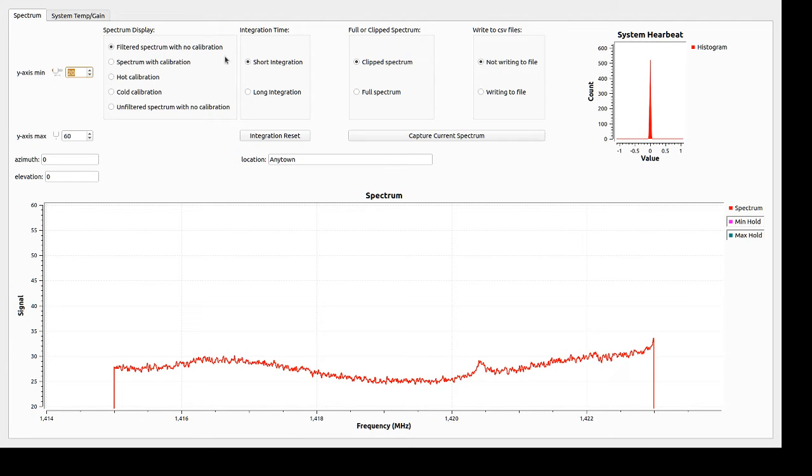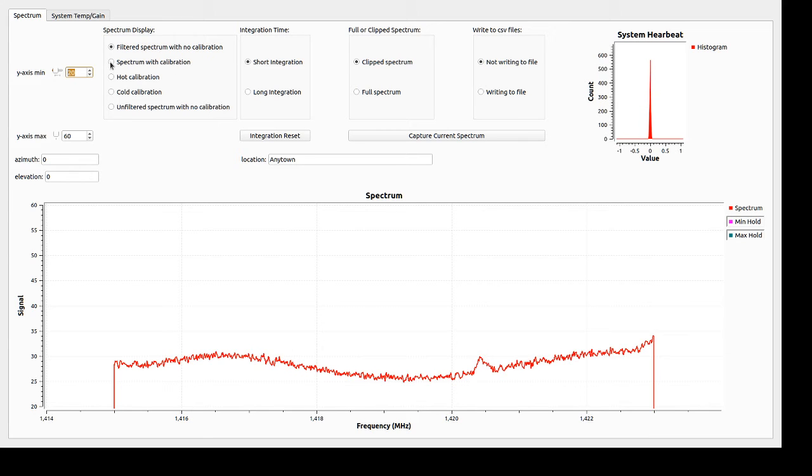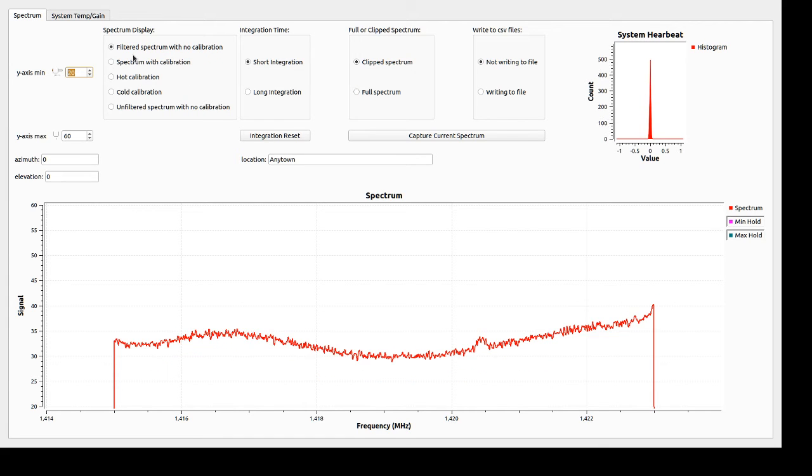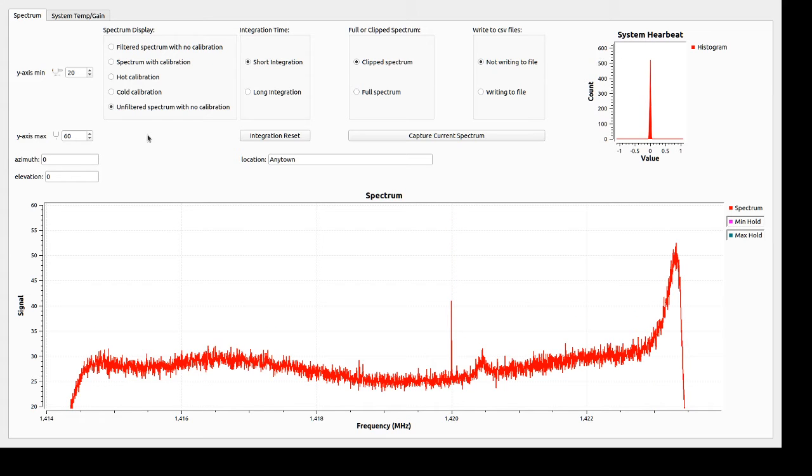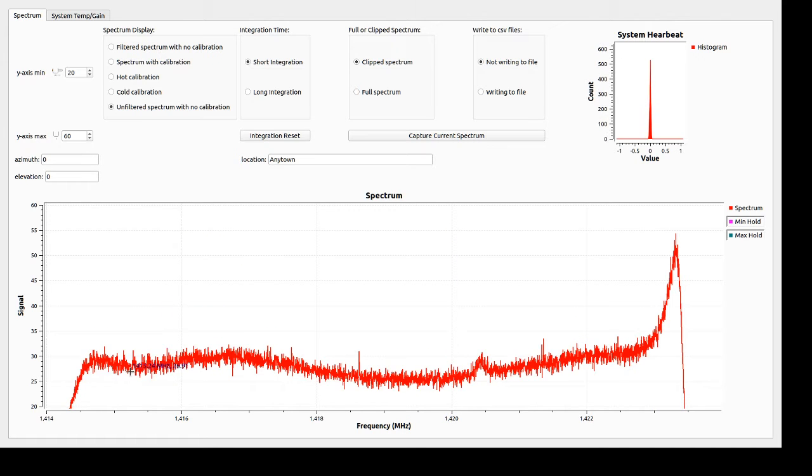That's the most common box you could use, or the spectrometer with calibration, which is the second box. That box is what you'd be displaying after doing a hot calibration and cold calibration. I will not be discussing those in this video. The option at the bottom, the unfiltered spectrum, is just that. It is unfiltered, and if you